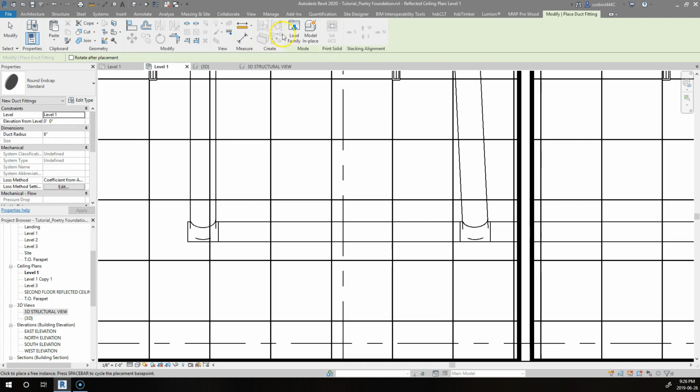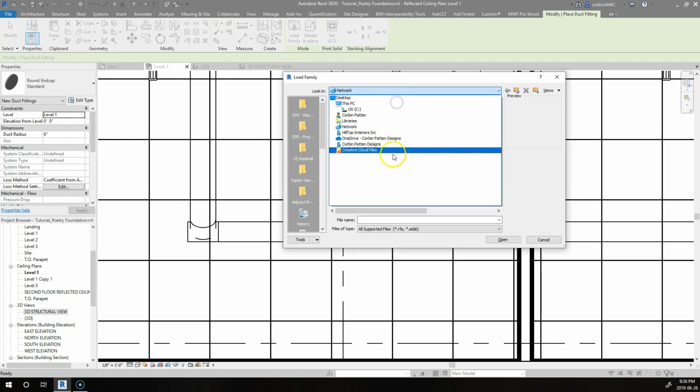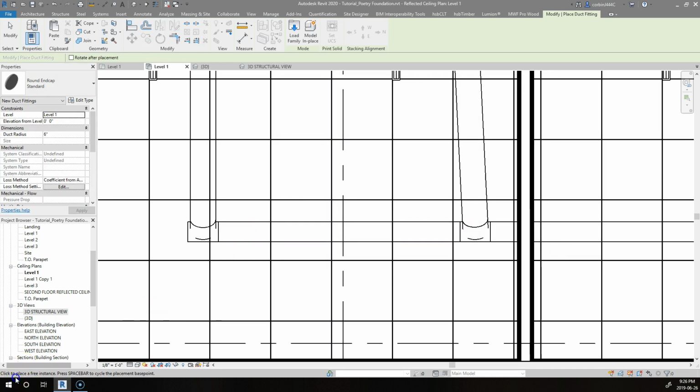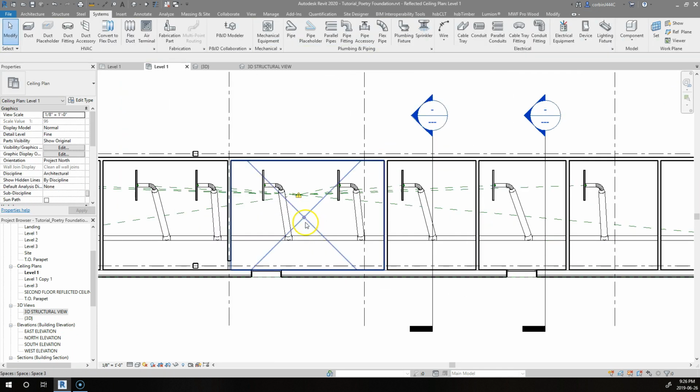If you haven't loaded a cap in, it's under Ducts, Fittings, Round, Caps, and then I'm loading this end cap in there. So I'm just going to place that cap there. Once we're done,